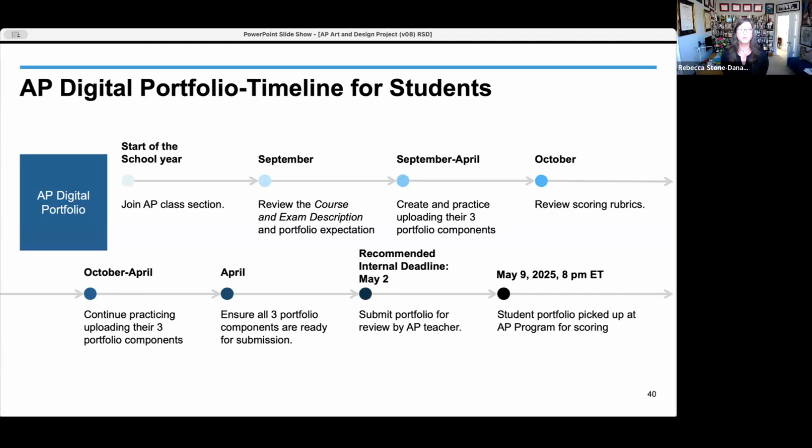By October, it's really important to start beginning to use those scoring rubrics. It should not be a mystery to students or teachers how their work will be scored. The rubrics really do not change from year to year. There might be slight modifications, and that's why it's important to download the course and exam description. But those scoring rubrics should help guide student art making practices throughout the school year. October through April should be the time to just continue practicing using AP Digital Portfolio and thinking about how students'